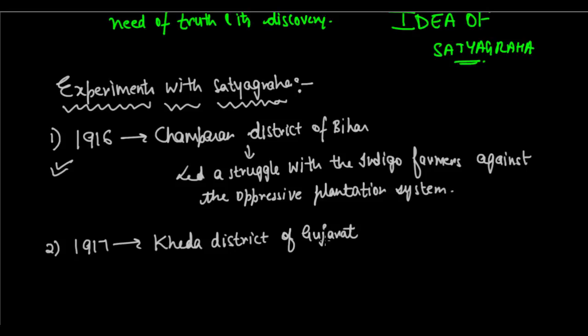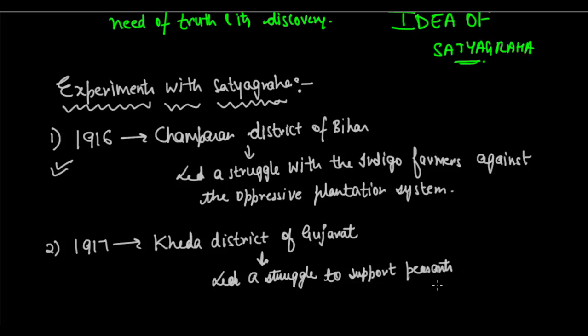Okay, the Khed district. Now, in the Khed district of Gujarat, Mahatma Gandhi led his second Satyagraha experiment, where he led a struggle for the peasants, to support the peasants, right? Now they were really, really tortured during that time. There was crop failure, there was epidemic, and yet the peasants were being forced to pay high amounts of money to the British administration as revenue.